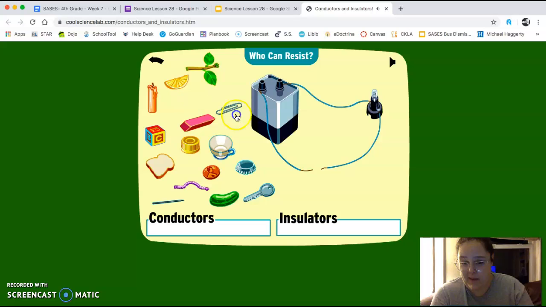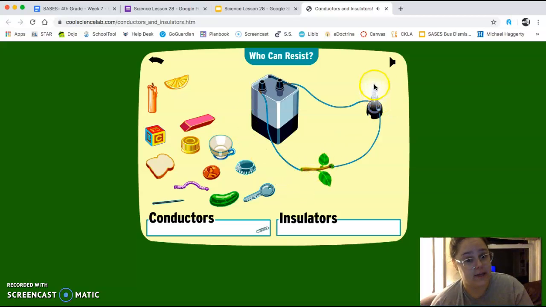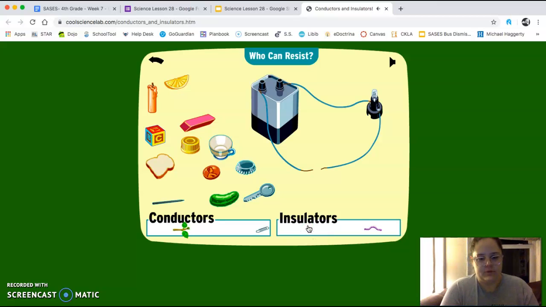For example, this is a metal paper clip. I'm going to assume that it's going to light up because I think it's metal. And it does. So I'm going to take this paper clip and drag it to conductors. Now if I checked something like this tree branch, this is probably made of wood. It's probably not going to work. Oh, surprising. It does. So I was wrong. It's a conductor. It's going to go here. Wool yarn, that one definitely will not be working because I know wool does not work. Insulator. All right. So you're going to go through each of those objects and put them in the right spot,